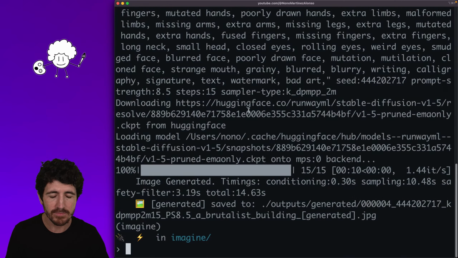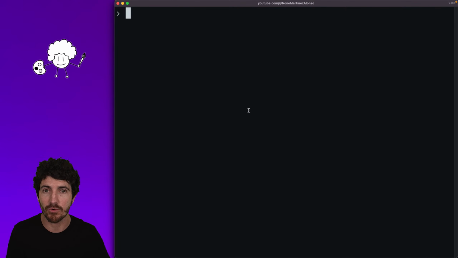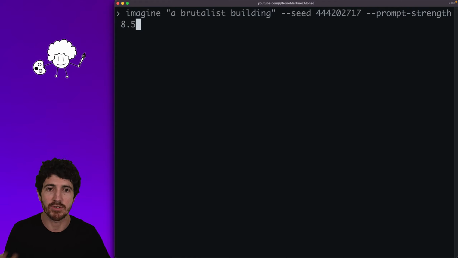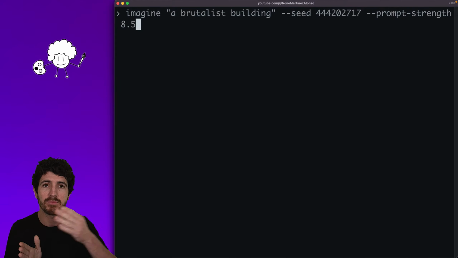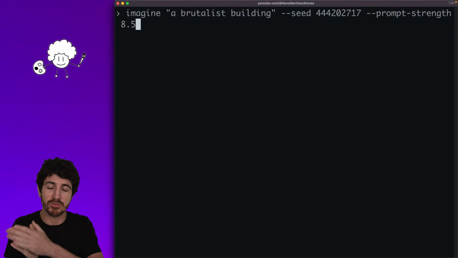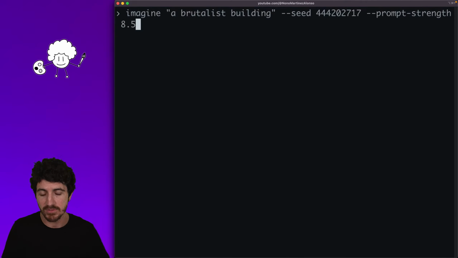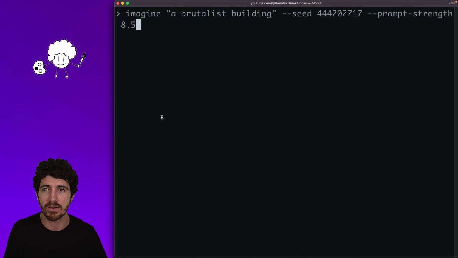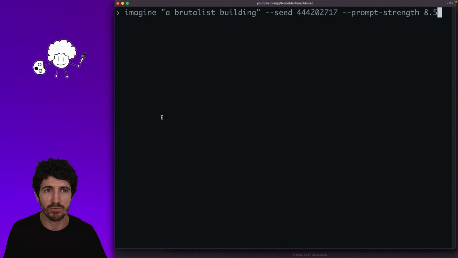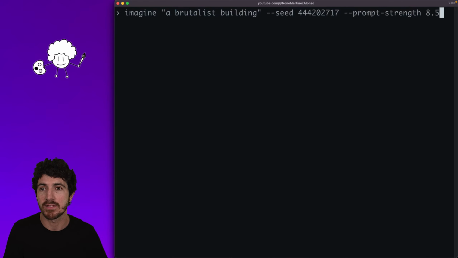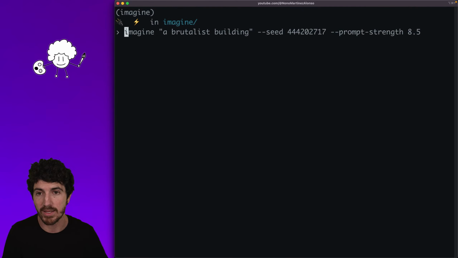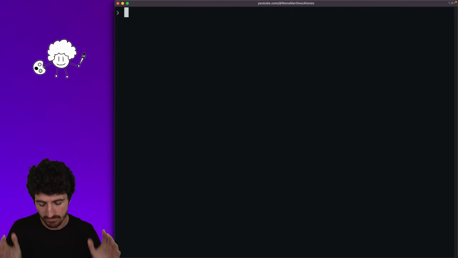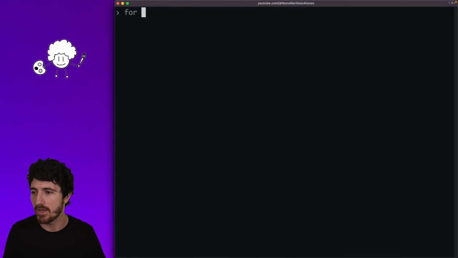What we can do is a for loop, right? So let's take a look now at how to generate an interpolation of images with a for loop. We set that the prompt strength is gonna keep changing values, and we make a GIF animation out of it. So this is how to make a GIF, how to make an interpolation with the prompt strength. So we're going to do here a batch loop. If I remember right, the easiest way to